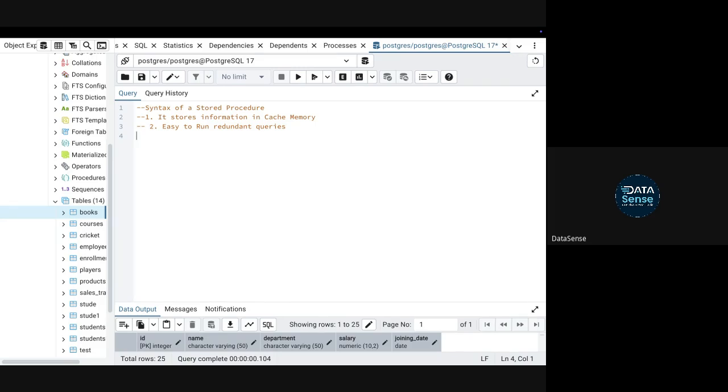Have you guys studied SAS? In SAS also this concept is there. So it's easy to run redundant queries. These two methods help you improve the performance.